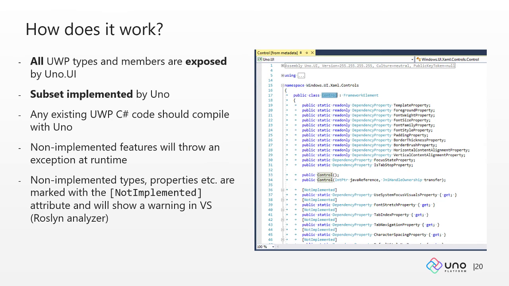So how does it work? Uno exposes UWP types and members with the same namespace, and a subset of them is implemented by Uno. Any existing C# UWP code will compile against Uno, and if you use some API which is not implemented or not possible to implement on some platform, you will be informed about that during runtime by virtue of